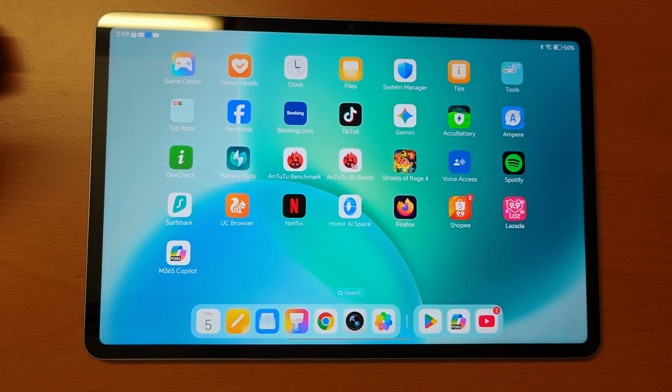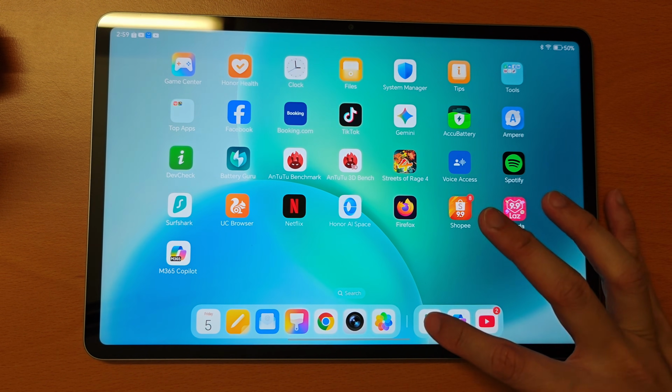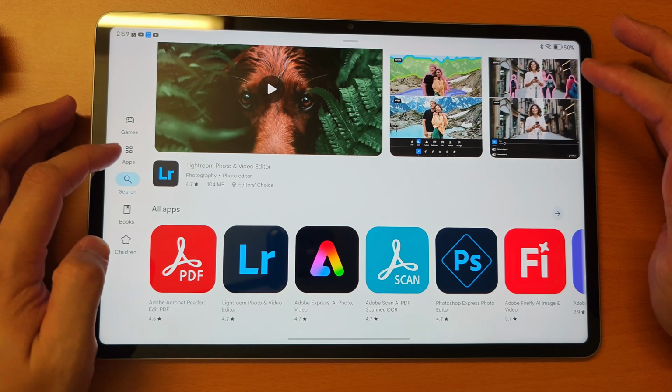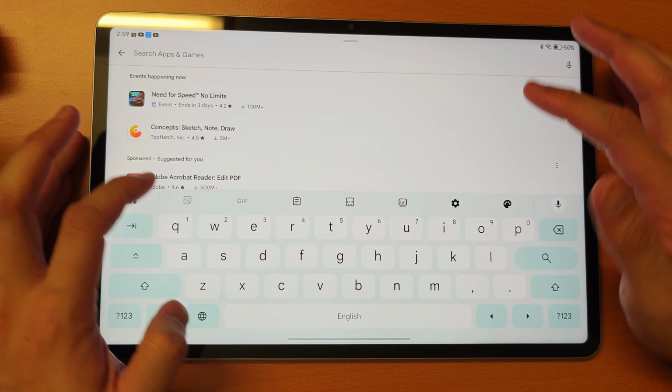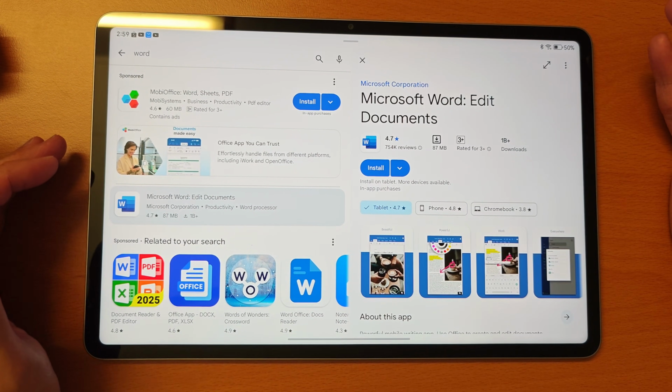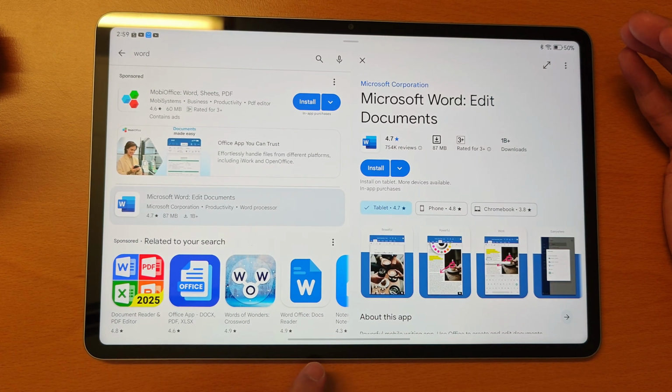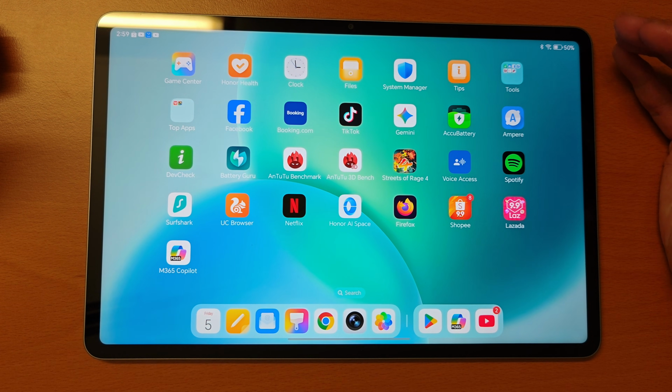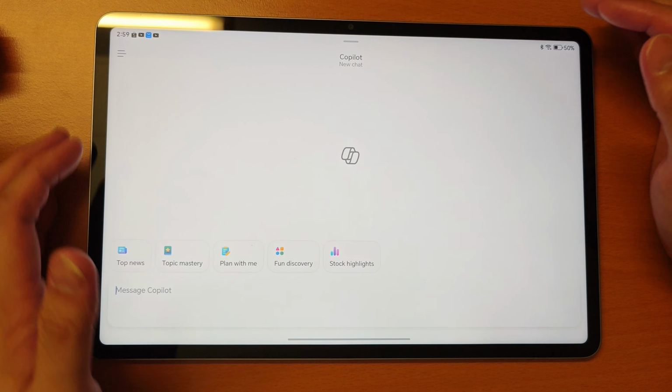And for the next question is whether he or she can use Microsoft Word on this tablet. So for that you have to download Microsoft 365 Copilot, and I think you can download a standalone Microsoft Word as well if you don't want the full suite. Alright, Word, see? But personally I will just download M365 Copilot, go into this,